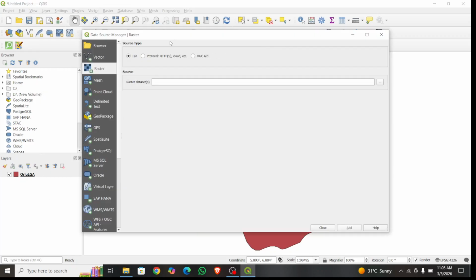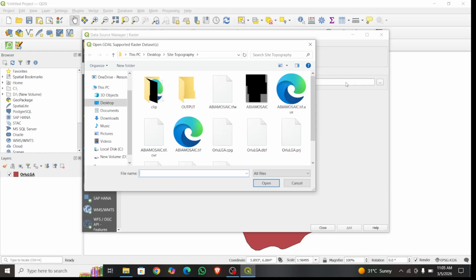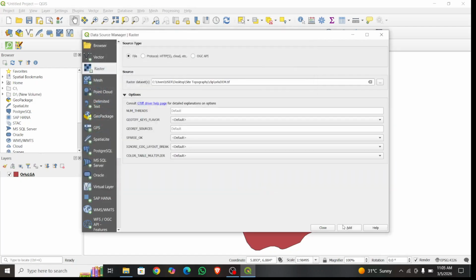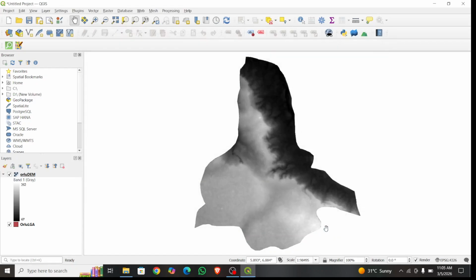Already I have the raster that was clipped with DEM of the area, which was in the folder called the clip folder. This is it, the Olu DEM. So having added this, I can go ahead to make use of the tool to see what can be generated using